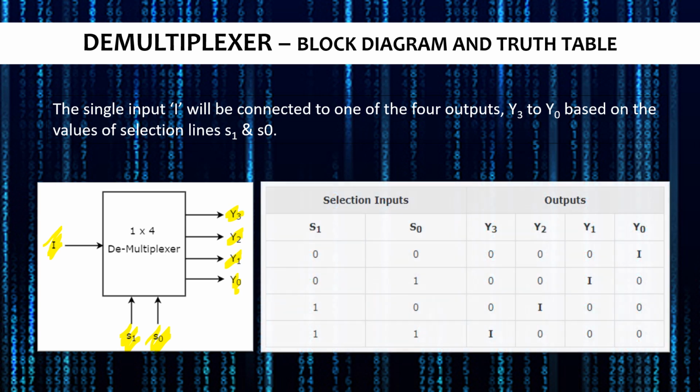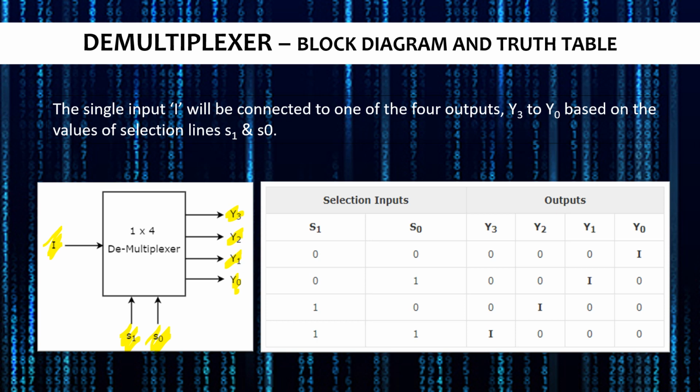Then we have the truth table for the demultiplexer. This is very similar to the multiplexer, because in the multiplexer we focused on the selection lines S1 S0 and selected the input. Here we are focusing on S1 S0 too, but more on which output line will be activated, or which input line will be connected with which output line.